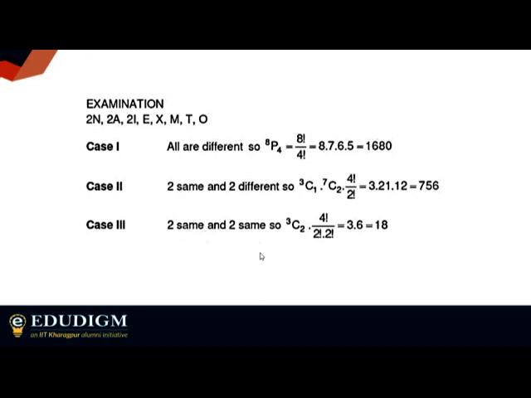Is this okay with all of you? I know this is a little tedious because the cases are many and you have to go through all the calculations, but at least understand up to these portions, like 8P4 or 3C1, etc. The calculations I'm sure you can figure out, and after literally 3.5 hours you are exhausted, maybe that's why you don't want to calculate. But I just want you to be sure with the logic. Is this okay? If you still have any doubt with the logical things that we have taken here, you can let me know.